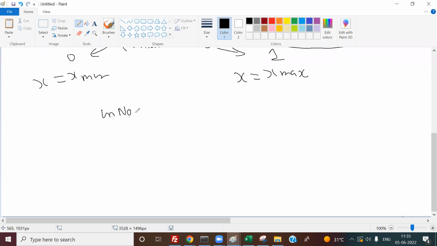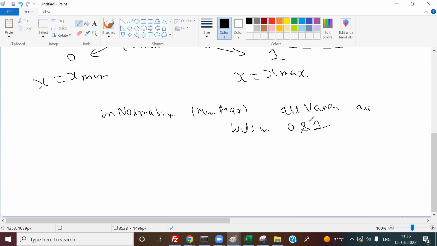So in normalization or in min-max scaling, what is the nature of the data? Nature of the data is that all the values are within 0 and 1, सारे numbers 0 and 1 के बीच में आ जाए. Any doubt, any question? कोई डाउट नहीं? अच्छा,